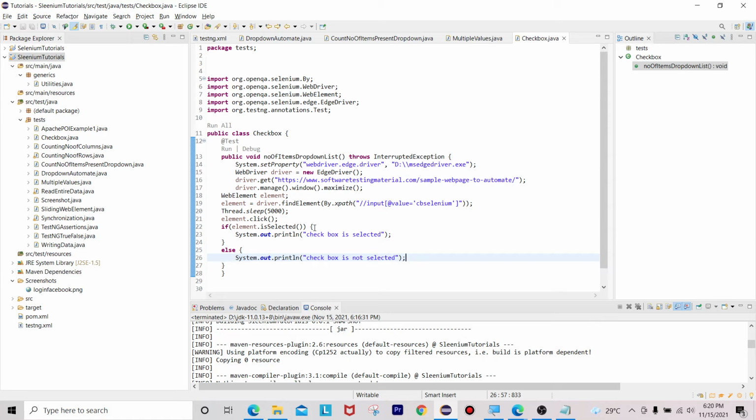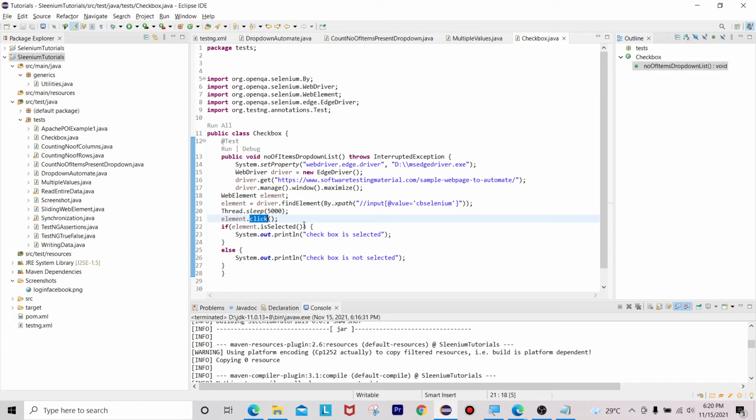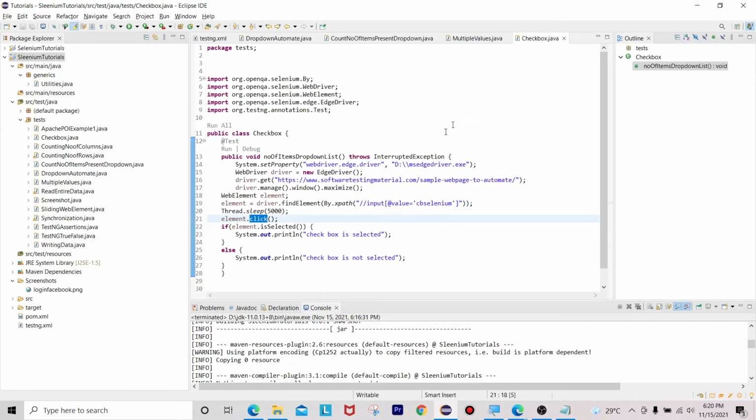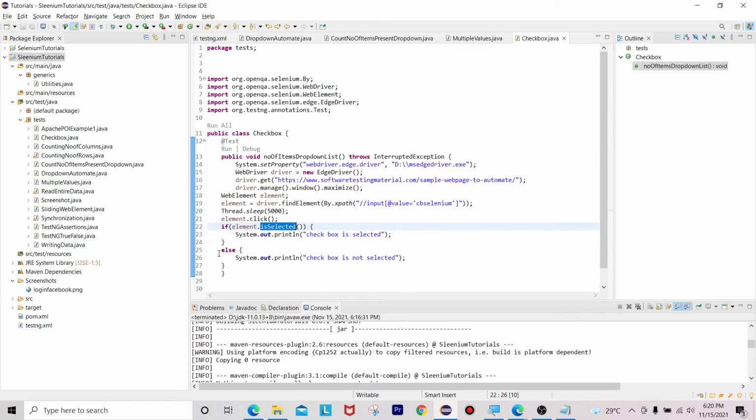Okay, what I am going to do, first I am going to this web element and I am checking the checkbox with the help of the click operation. So once it is done, I am going to validate whether that web element is selected or not. Here it is showing it is selected once we click, but we don't know whether it is clicking or not. For that reason we have to validate that the element is selected or not. For that reason we have a method called isSelected. It is a boolean. If it is already selected after the clicking operation, it will return true, otherwise it will return false, which means the checkbox is not selected.